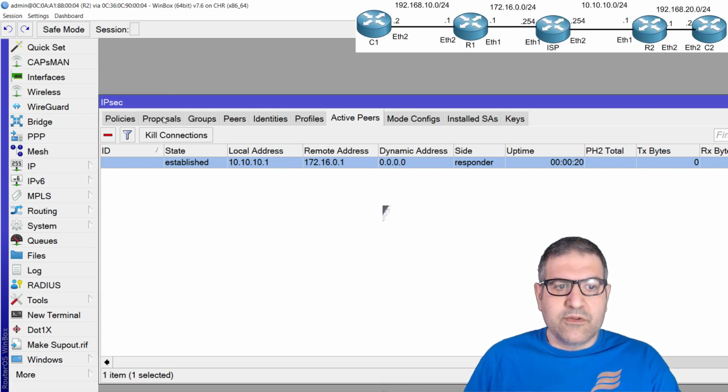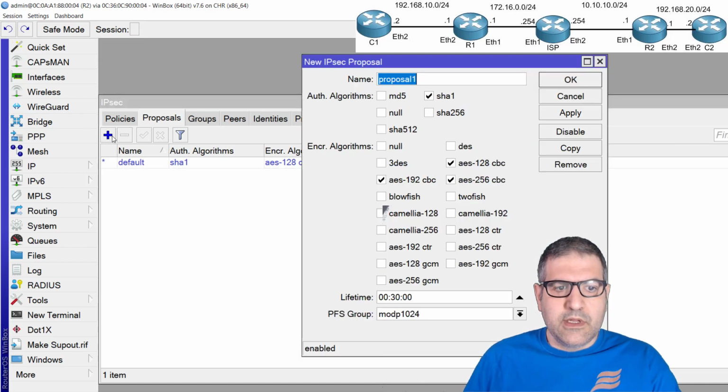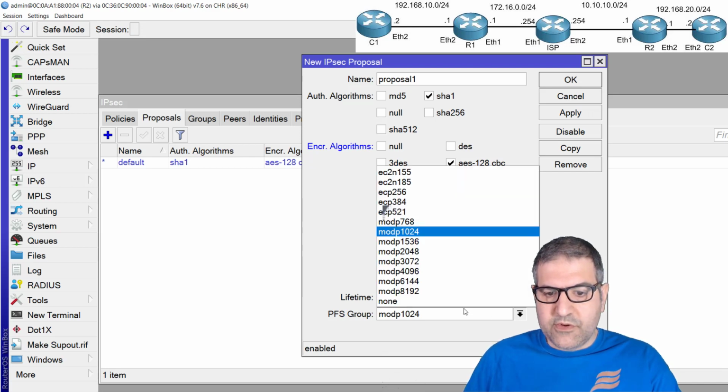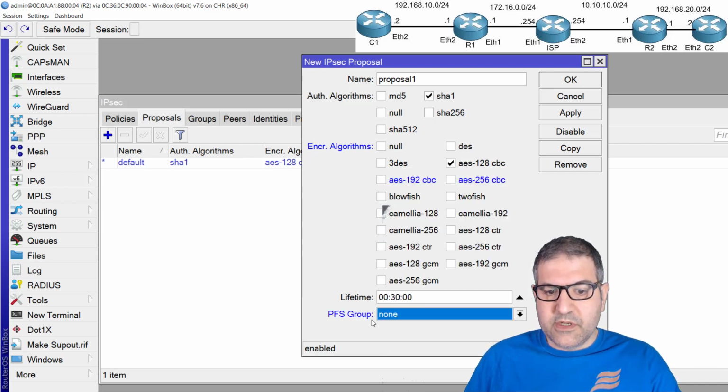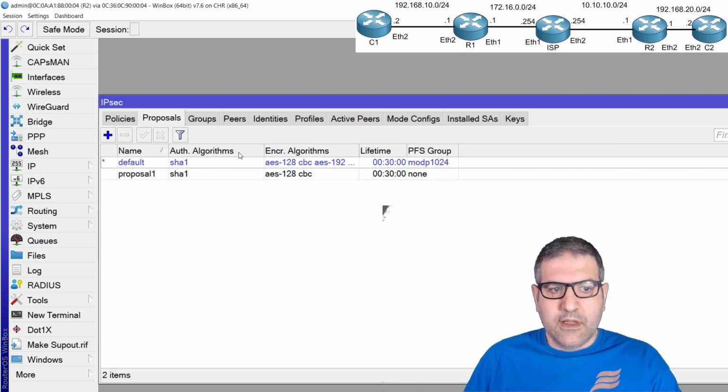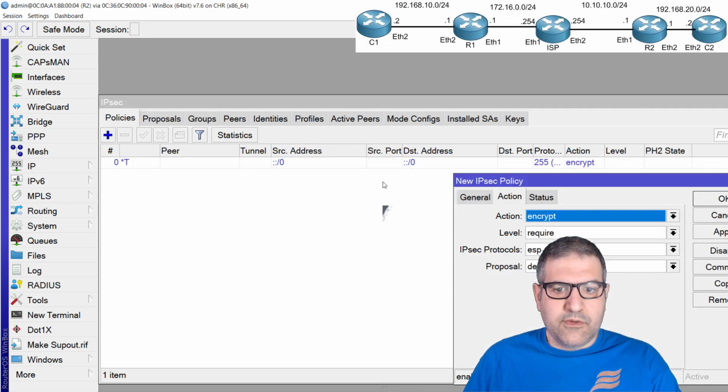So after we do that, we have to go to proposal, and we have to create a proposal again over here. We said it is SHA-1. We use this one, and that's it. So of course here we said we don't use Diffie-Hellman again. And at the end we have to create the policy. Now the policy should be